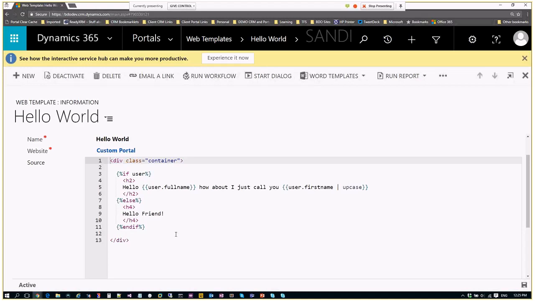Now, what I like about this as well, if I had to do this in the old ADX, either in ADX version 5 or version 6, or even some of the earlier versions of 7, if this was a requirement, there would have been a couple of ways. I could have done some HTML and JavaScript to do that, which probably would have got a little onerous. Or I would have had to go into Visual Studio. I would have had to create a custom page template. I would have had to create that ASPX page.